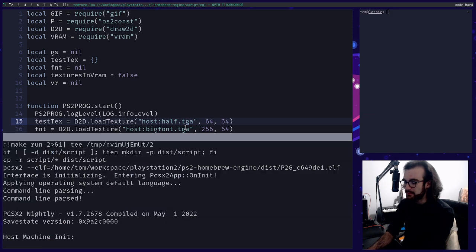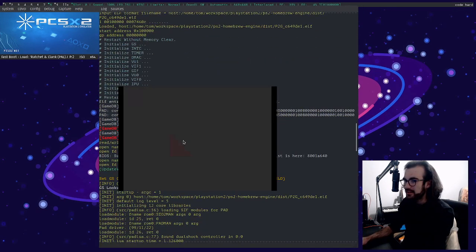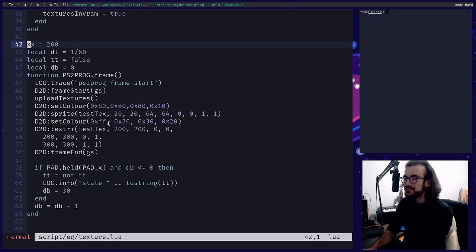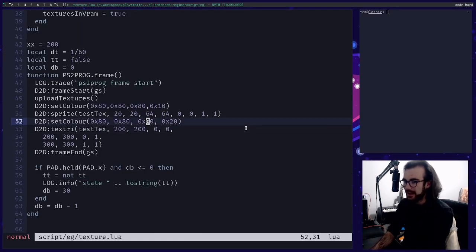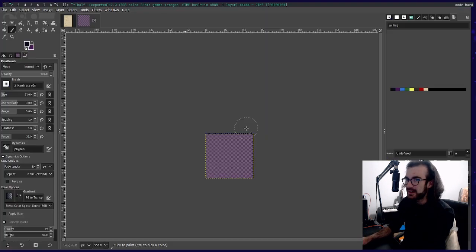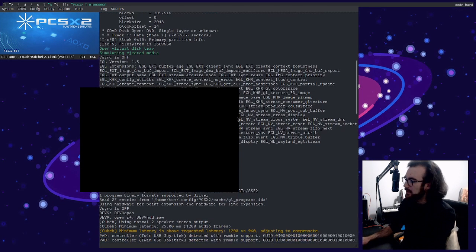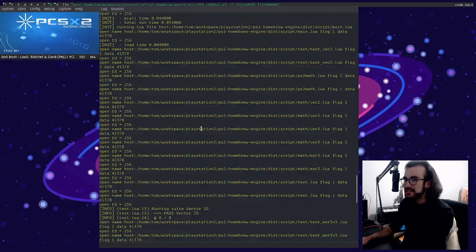We'll remake the assets, we'll run, and hopefully we'll see a nice semi-transparent thing here. We see it here, we don't see it here. I don't know what this is. Am I setting a weird color? I am setting a weird color here. So again, I want all my colors to be fairly well behaved. Okay, here we go. So this is rather transparent. Let's crank the opacity back up to 80, hex 80, the halfway point of the range. Here we go. Okay, so we've got these nice semi-transparent things.